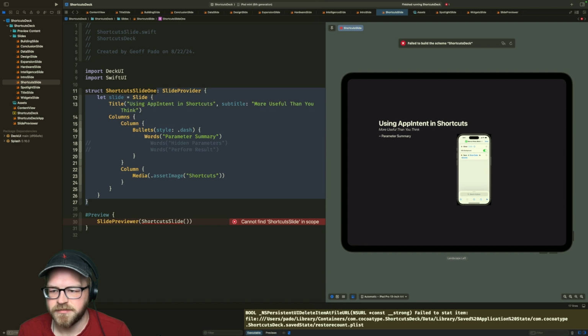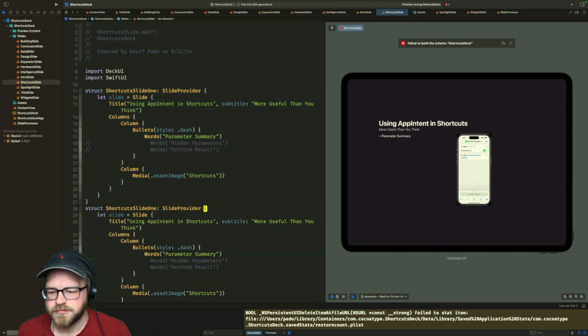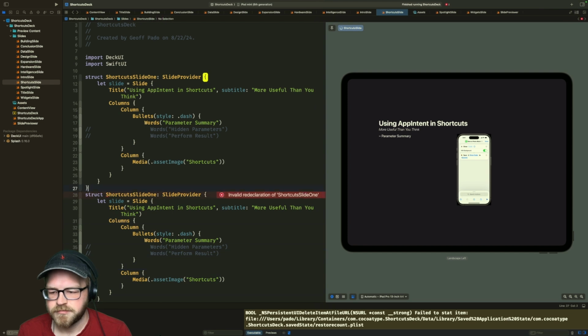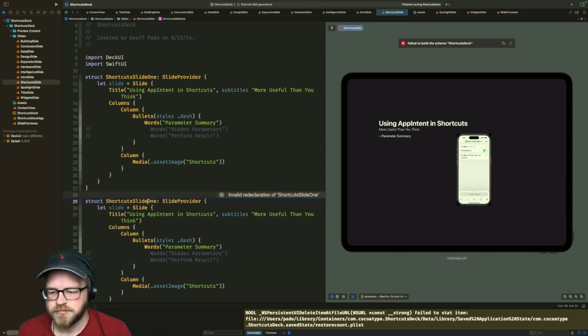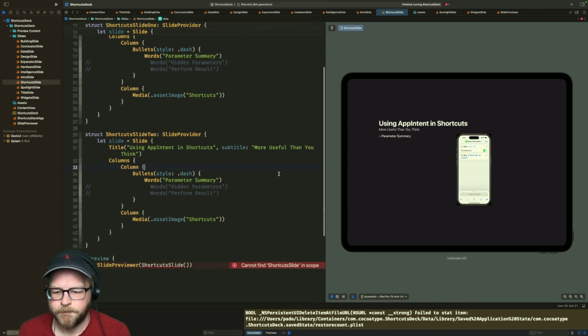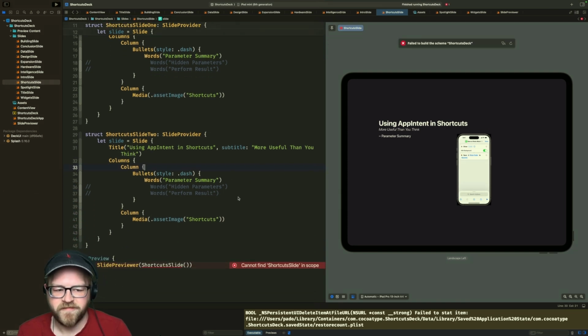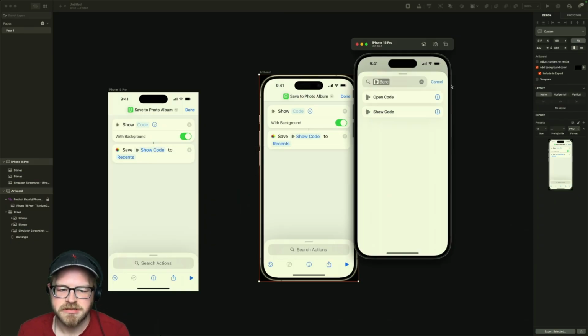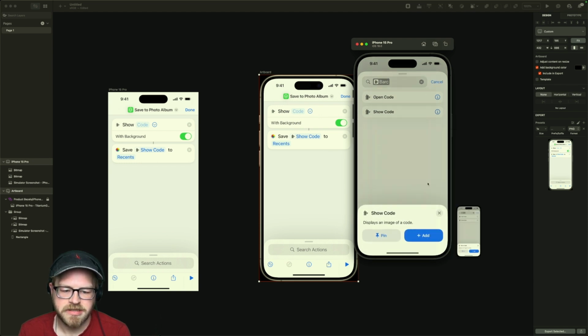Shortcut slide 3. So we can have all of these different screenshots. Okay. So that is helpful there. We'll have that one. Then we'll have the shortcuts.